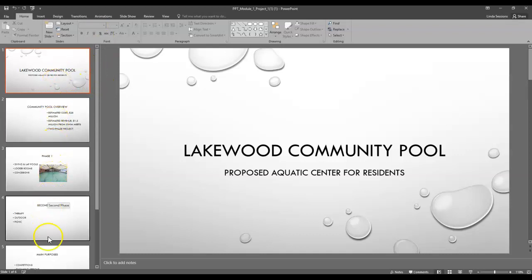Over here on the left-hand side of the screen, we have what is referred to as the navigation pane. This shows thumbnails of the slides in our presentation. Each one of these little areas is called a slide. Over here, the bigger part of your screen is your work area. This is where you will be doing most of your work and changing and modifying the information in your slides